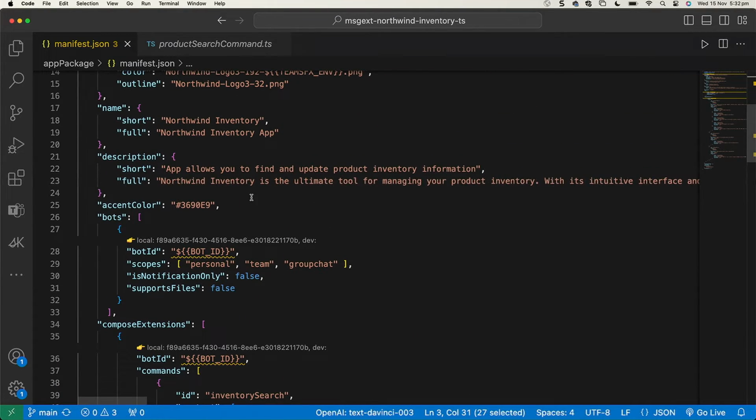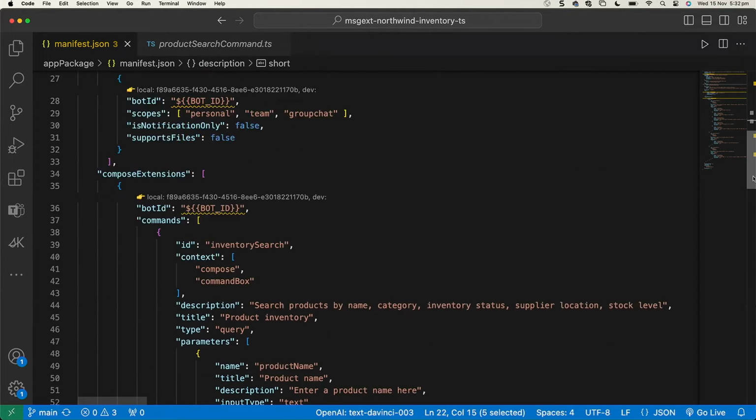I'll just stop by and say that all the descriptions will be pretty elaborate because this is where Copilot gets all the information from the manifest file saying, okay, this app is supposed to do this. So whenever the user types in a prompt, it knows that is the intent. So this has to be elaborate. Like most of us developers, we just write, if it's Northwind inventory, we just say Northwind inventory app description. And this is what we do most of the time. But you can't get away with that now because you need to put a description for Copilot to know what your app is supposed to do.